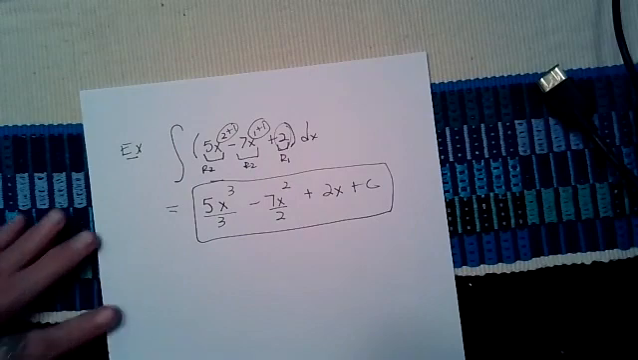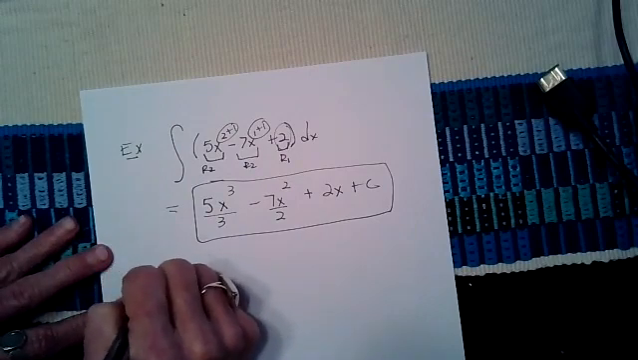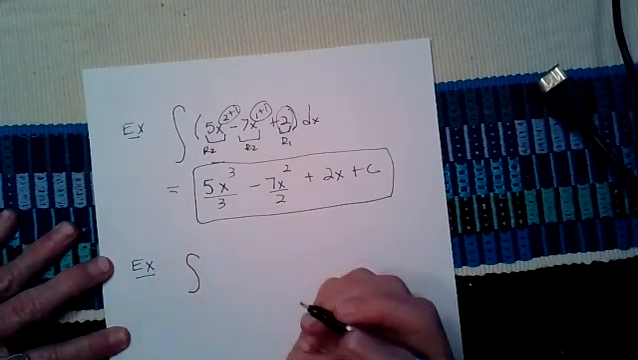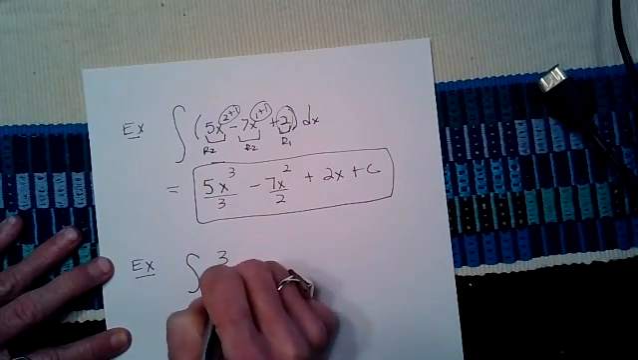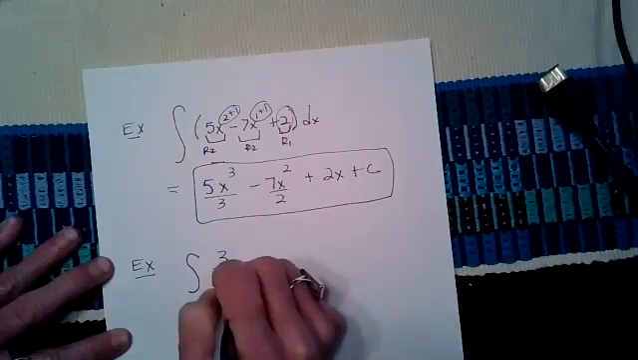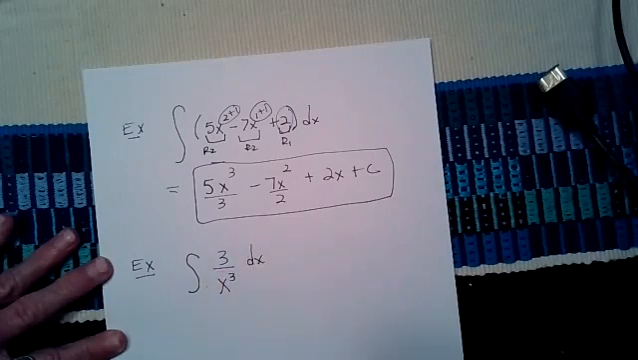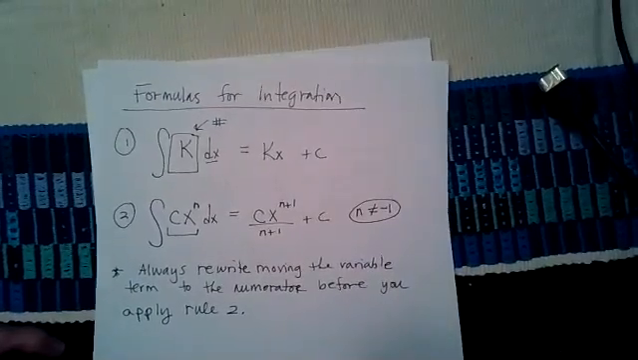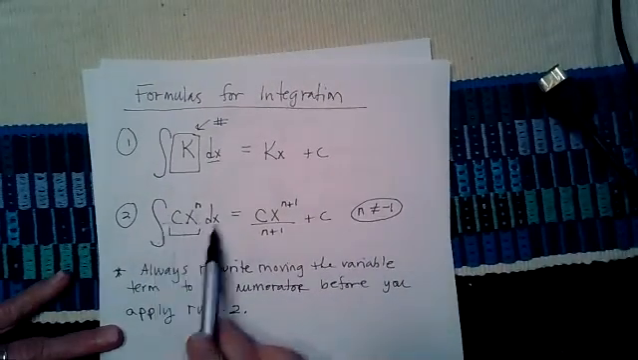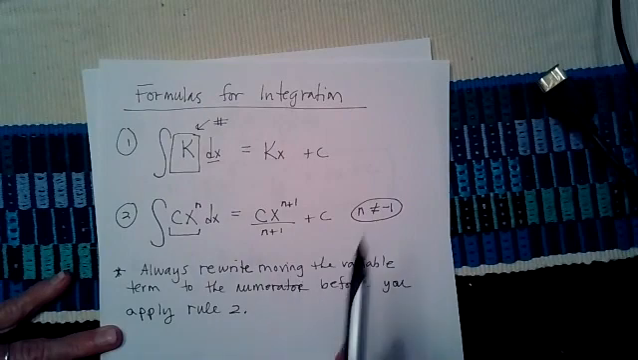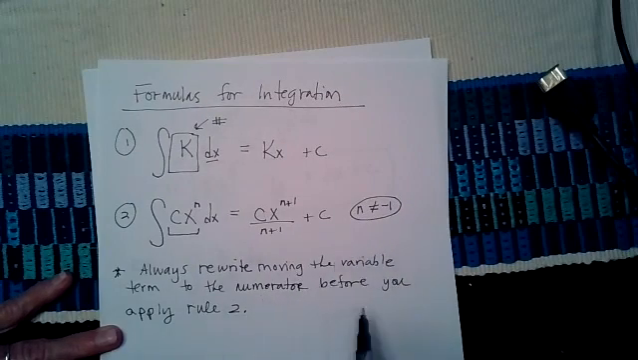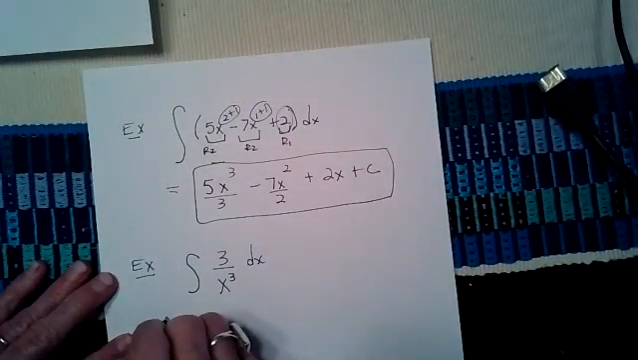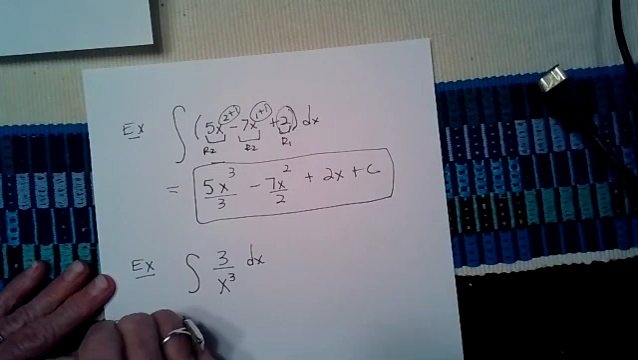Now how is that going to get hard? Well, a couple of ways. How did it get hard for derivatives? So the integral of 3 over x cubed dx. Remember from my rule sheet that I will definitely post on Blackboard, before you apply rule 2, you always want to rewrite, moving the variable term to the numerator before you can apply your rules. So I'm going to rewrite, that's RW, which means rewrite,